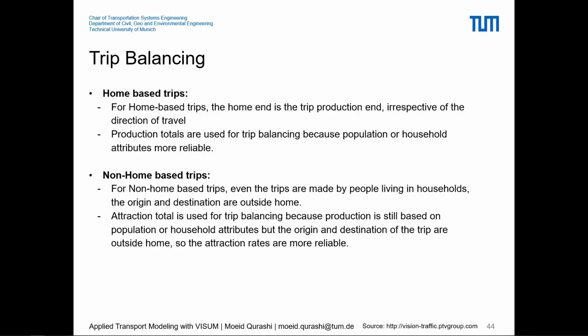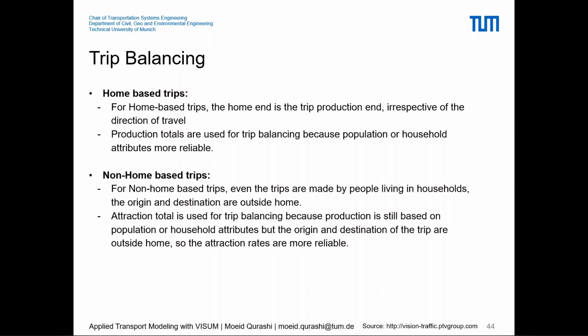So what is trip balancing? So for home-based trips, in trip balancing or matrix balancing, if you have the trips that are home based, this means that all the home based trips, as we know, all of them are basically produce, the home end is the trip production end, irrespective of the direction of travel. That means that it can be like work from home, it's still home as the production and work as the attraction. So for all the home based trips, the production totals are used to